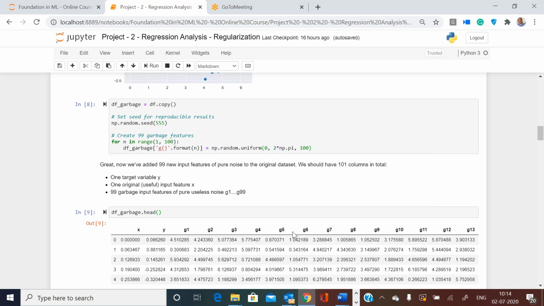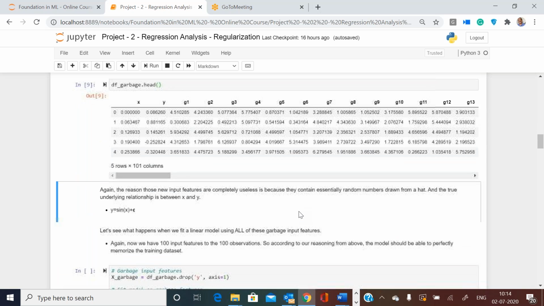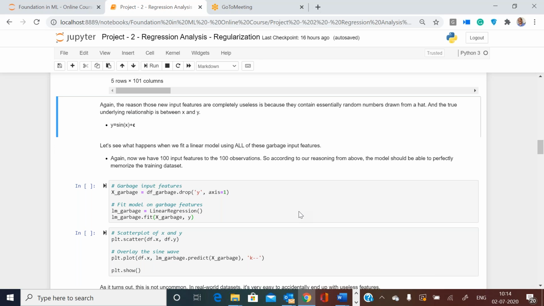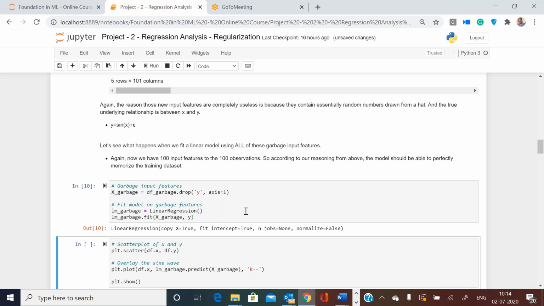So many features and too few observations, 100 into 100. Okay, so let us simply run our simple linear regression. So anyway, I am separating x and y, then I am calling linear regression, and I am putting on that dot fit function. So I am training my linear regression model with this new data set.